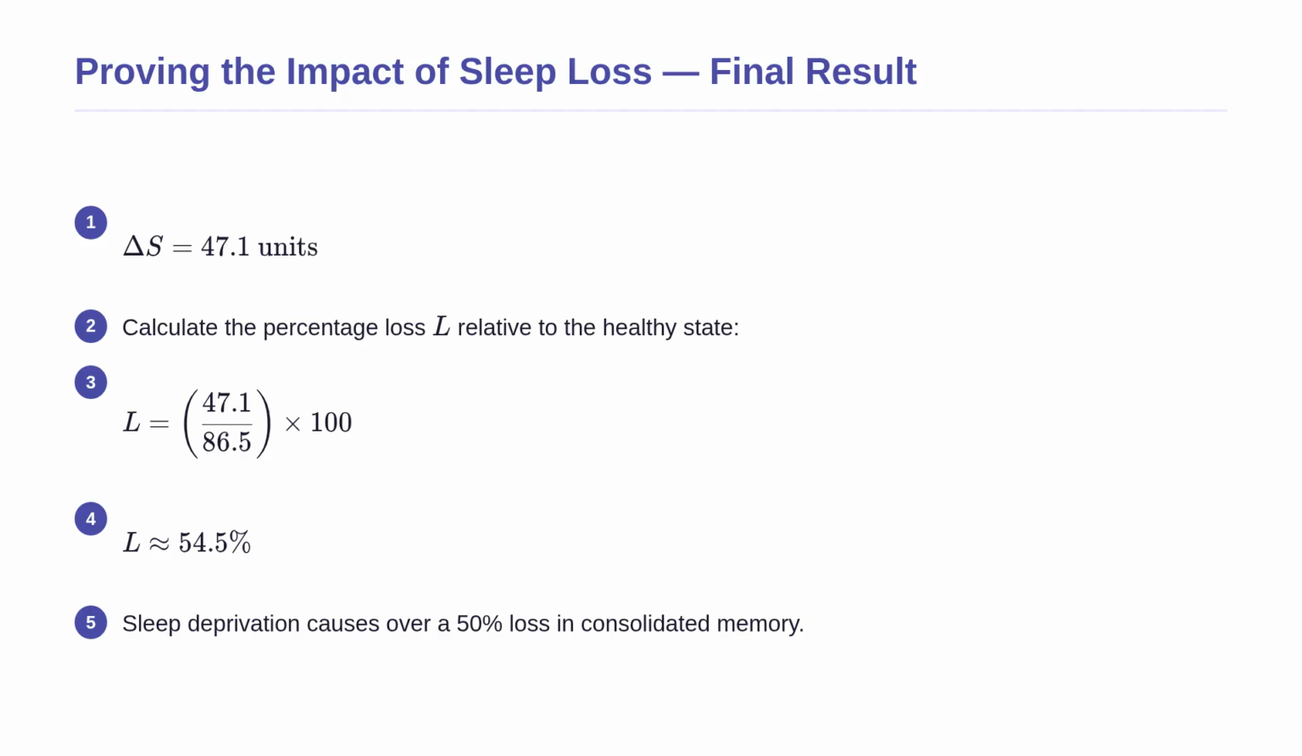Continuing our proof, we subtract 39.4 from 86.5, which gives us a delta S of 47.1 units. To understand the true impact, we calculate the percentage loss by dividing this difference by the healthy memory strength of 86.5 and multiplying by 100. The result is approximately 54.5%. We have mathematically proven that depriving yourself of sleep immediately after studying destroys more than half of your potential